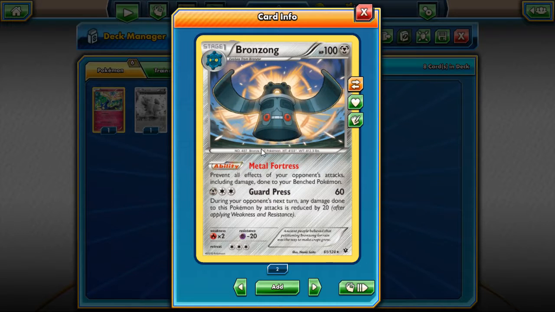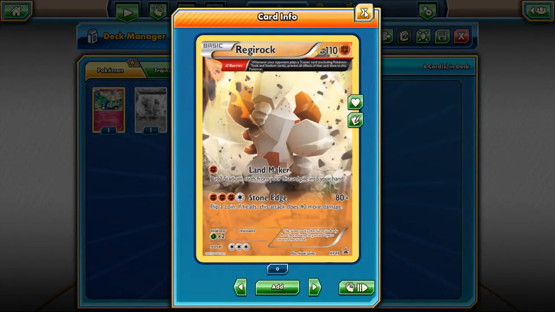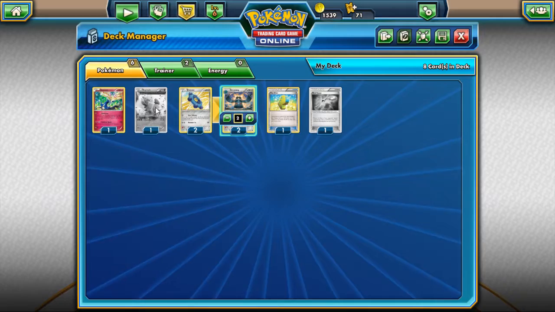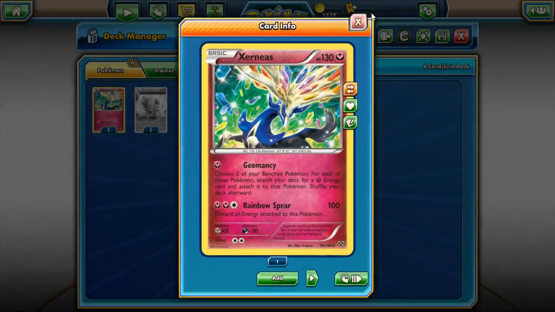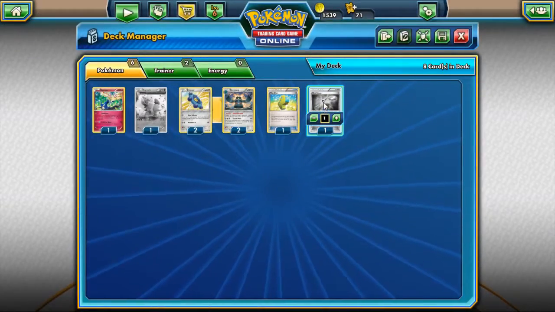The Fates Collide Bronzong with the Metal Fortress ability: prevent all effects of your opponent's attack, including damage, done to your Benched Pokemon. So if you get him set up, bam, he can't be hit by anything. You can't do spread damage, you can't snipe it. There's nothing you can do to it. It's basically stuck there, and it's going to keep your Xerneas BREAK powered up. And so it basically, the only way I was thinking you could get it out is with